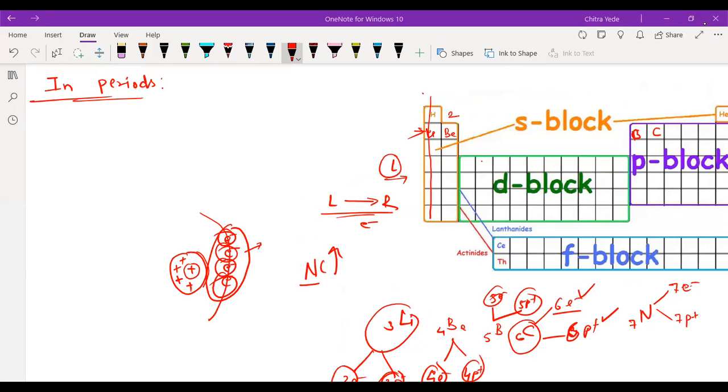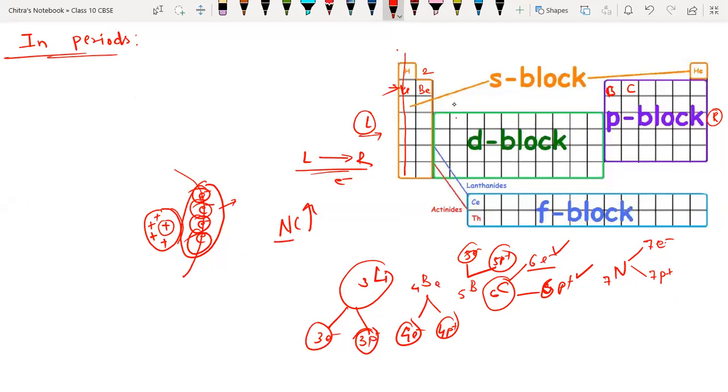Yeah. Okay. So see here, due to the increased number of protons in the nucleus, it is called an increase in nuclear charge. If nuclear charge increases, that means the nucleus is becoming more and more positive all the time, and the outermost shell is becoming more negative all the time. Is it or not? Yes, sir. So for the nucleus it is nuclear charge, and for the outermost shell there is a negative property, and the intensity of positivity and negativity increases.